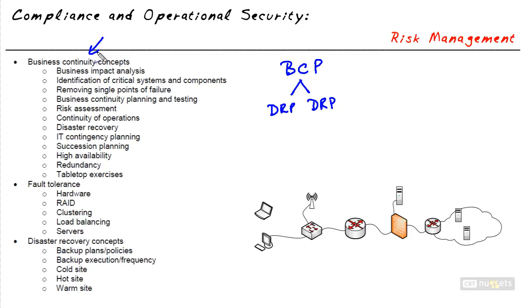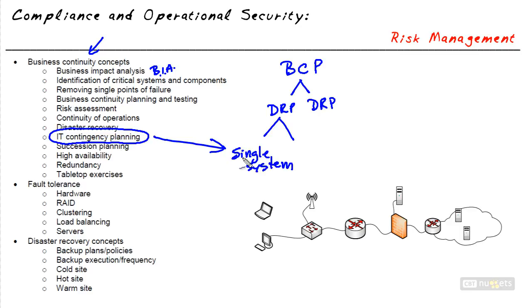Now, we identified our critical assets with the business impact analysis. There's also this feature called IT, for Information Technology, Contingency Planning. In the disaster recovery plan, we might have IT contingency planning within that. The IT contingency planning is really focused on a single system and the details of that single system. For example, maybe this is system A, and there's another system B, which is separate, and maybe we have a dependency between the two, where A feeds into B, and that makes both of them critical for our overall business continuity.